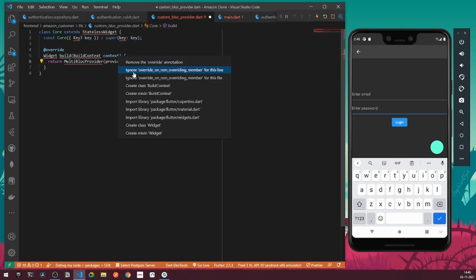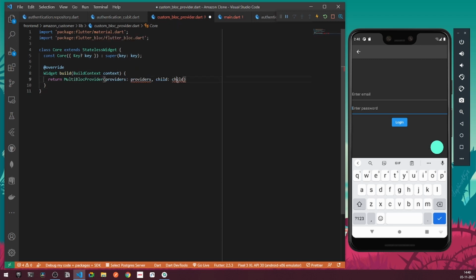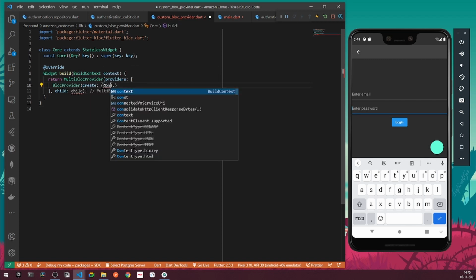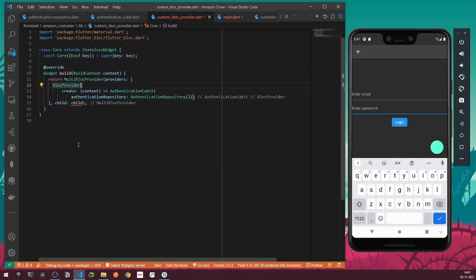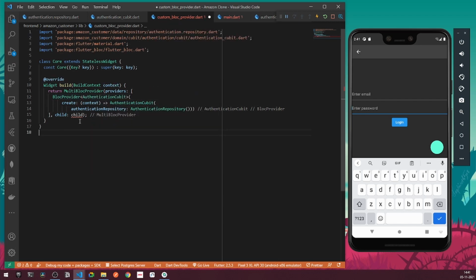So let's import everything, and also let's import our bloc. Right now you can see I'll be requiring a child, and also I'll be requiring all the providers. So right now what I can do, I can have my children of all the providers. That is a list of all the providers. So I can simply say BlocProvider. Under create, we can have our context. So here I can have a context, and the following thing will be returning us nothing but simply AuthenticationCubit, and it will be requiring the authentication repository. So I can simply say authenticationRepository to be the instantiation. Now once this thing is done, we can have a type here as well. So I will be having a type to be AuthenticationCubit. Now I'll be requiring a child here.